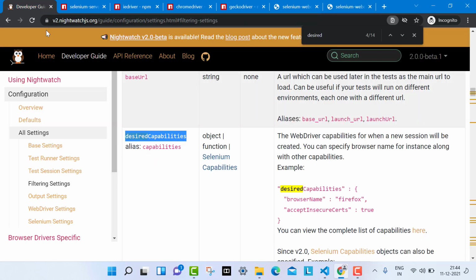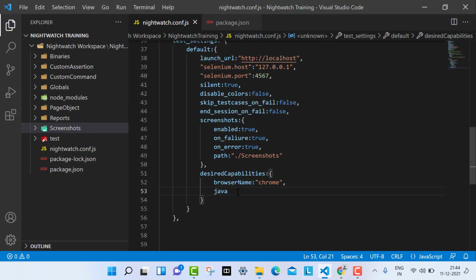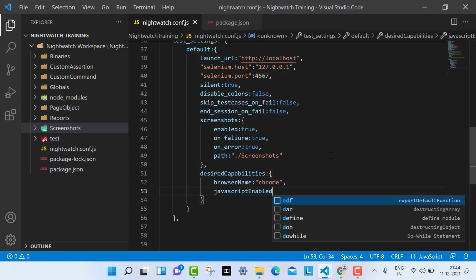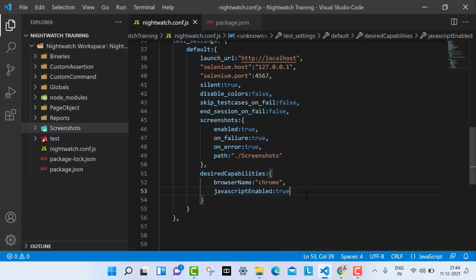So first I have used the browser name. Next is JavaScript enabled. Okay, if I want JavaScript to be enabled for my script to run, so JavaScript enabled. I hope I have written it right.